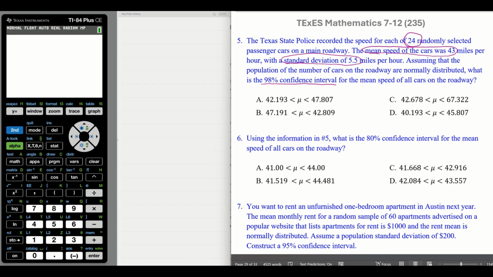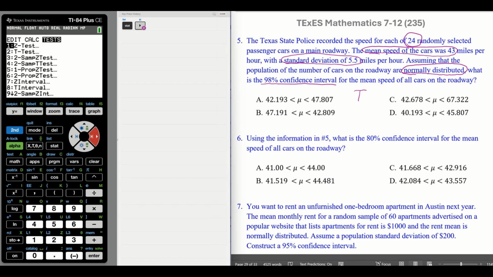Okay, if we think about our flow chart, we have yes, and it is normally distributed. So that's a normal distribution. So we're not going to stop. We're going to go ahead and keep going. But we will have to use the t-test because we do not have a sample standard deviation. Okay, so stat over, and we'll go to 8, and we go down,